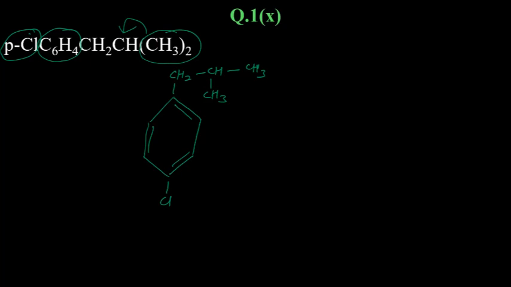Okay, now tricky part here. The tricky part is that benzene ring itself has the branching, chlorine. It means benzene will be considered as the main chain. So the rules are slightly tricky, which you need to remember. Otherwise, the alkyl chain, that is CH2, CH, CH3, CH3, would have been the main chain because that has the branching. But because benzene ring itself also has the branching, it will take precedence. So it will actually be benzene.